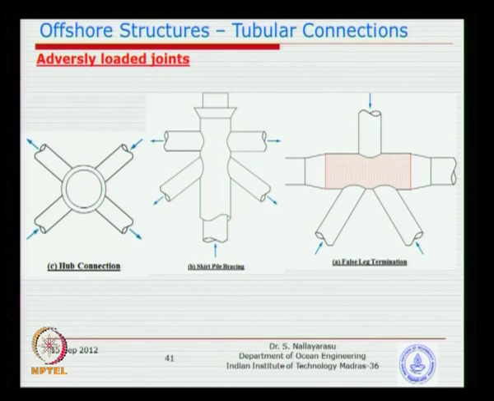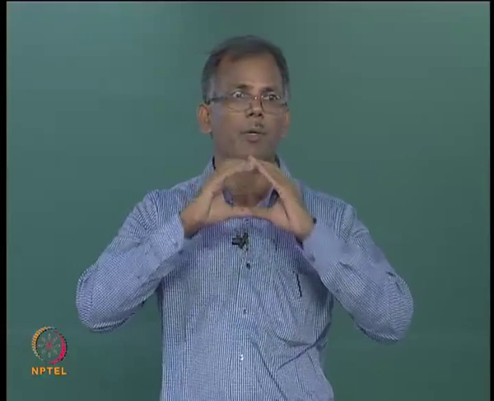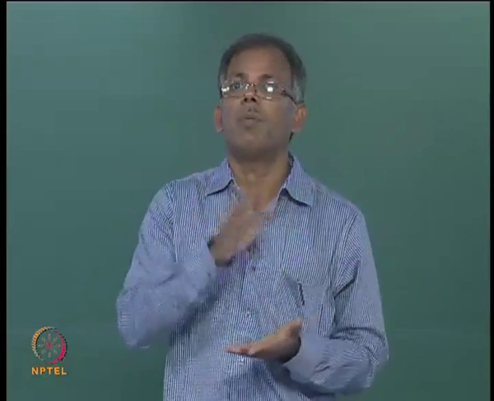Sometimes you get into this kind of situation. See here on the left side, this is not an X brace, though it looks almost like an X brace, but there is a member going through at the center and all 4 of them are giving an adverse effect. 2 of them are actually pulling and 2 of them are compressing, and you can neither classify this into any one of the categories K, Y or T, because the chord member is perpendicular and all the braces are out of plane. In such cases this ovalizing study will be very useful.